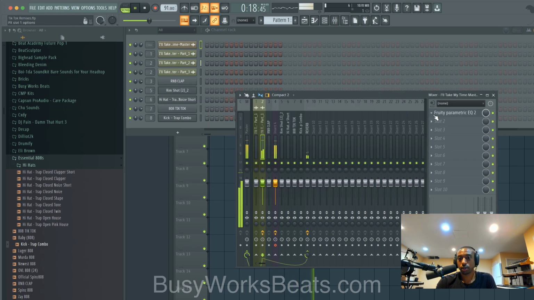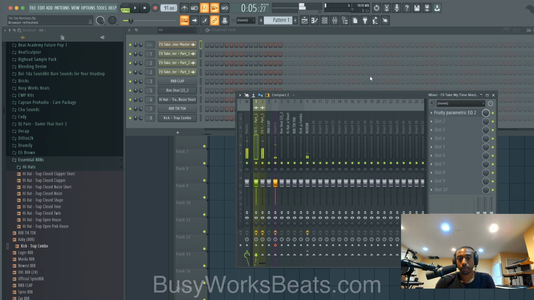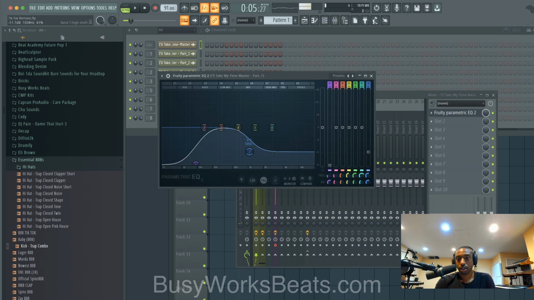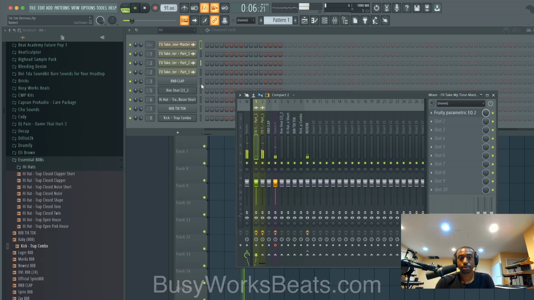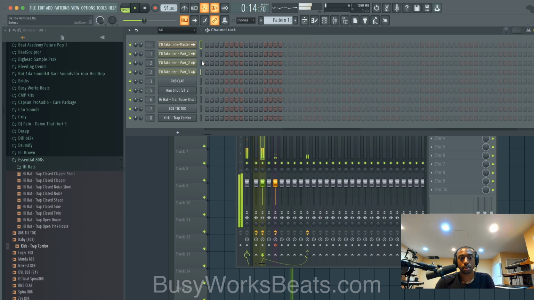So I'm going to copy this over. I know I'm moving a little quickly here, but this is not mandatory for your sample. We're going to drag that over. Now on the EQ here, we're going to right click and reset this so it goes back to normal. You can add a compressor to get rid of that snare.